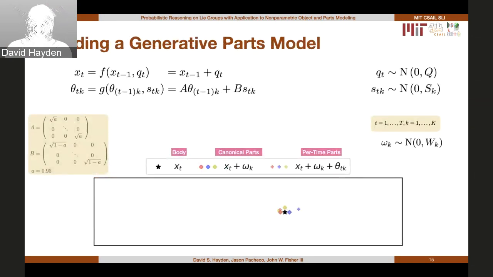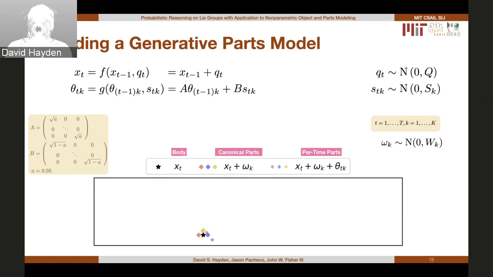So if we go back to our generative parts model, now we've stabilized the theta tk's about some new part called omega k. So that's the canonical part. You can think of it as the average location of a part over all time. So like your left arm, for instance, tends to hang from your left shoulder, even if it can rotate and translate to be in different kinds of positions. And so these omega k's, they're just some random innovation in the body frame of reference. And then the parts at time t, theta tk, they're just smooth motions about their canonical part frame of reference,